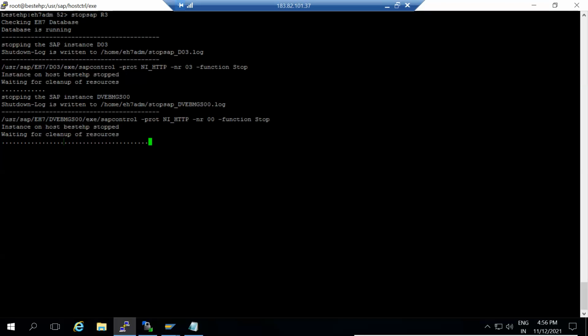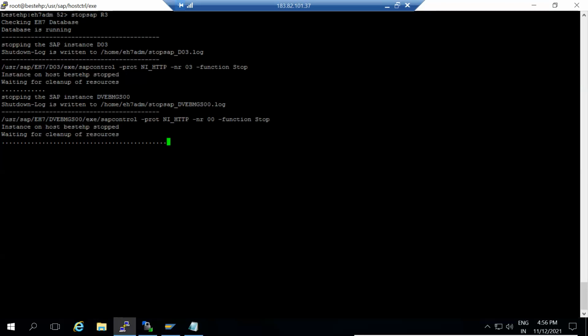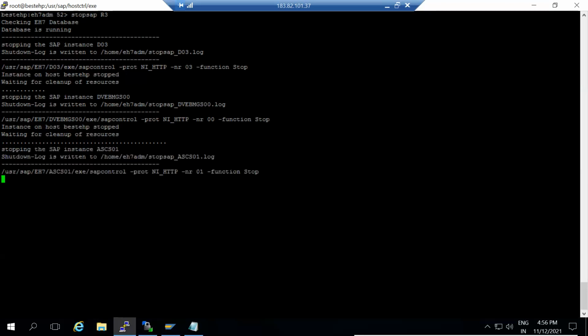Whatever I have done from this RZ10, in the same way you can do the modification at the OS level, but it is not recommended. At the OS level, you need to be very careful, because the front end is a little bit easier than the back end.